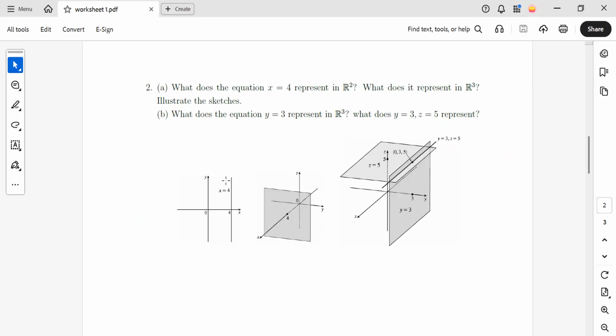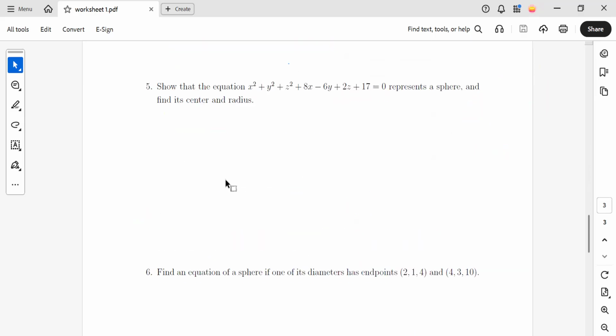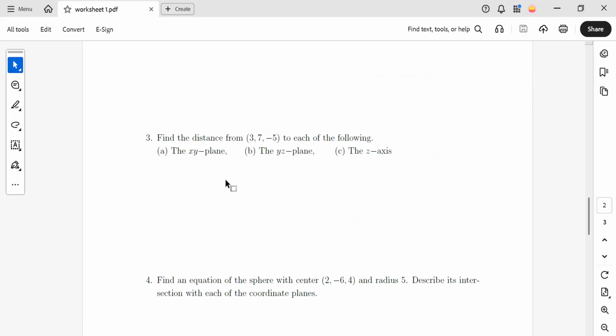It is question number 3, which says find the distance from 3, 7, -5 to each of the following. Based on the previous examples, you would say that I know the xy plane and I know what yz plane is, also z-axis. For the first one, when we want to find the distance between the point 3, 7 and -5, just imagine that